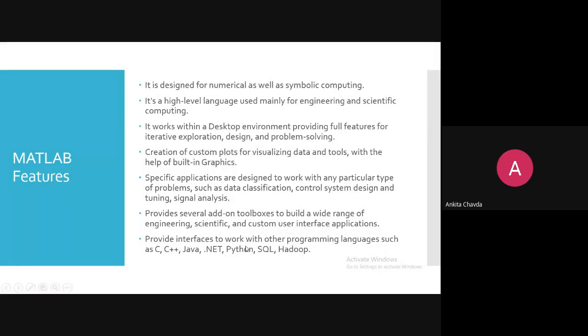For a few of the tasks where you don't need to apply your own logic, which is already available, you can use the built-in function, and then you can directly switch to Python for the libraries and all, where some things are already available and you just need to run them, right? So at both places, MATLAB and Python, you have something ready-made. Fine? So you are just using it.